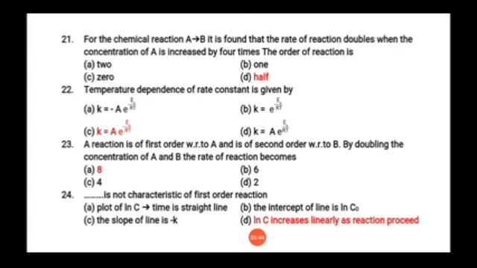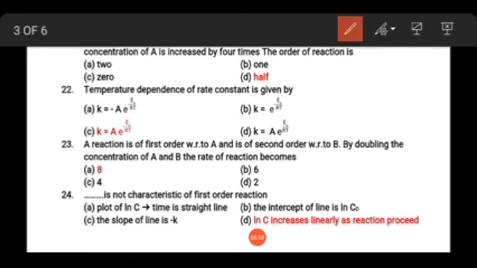So here students, chemical reaction is given to us. So here we can write first differential rate law. So that is, we can say that minus dA by dt, but simply we can say that it is minus R is equal to K into concentration of A. That is our differential rate law.